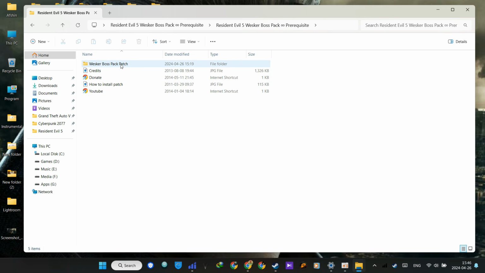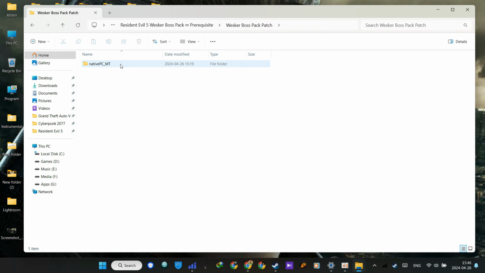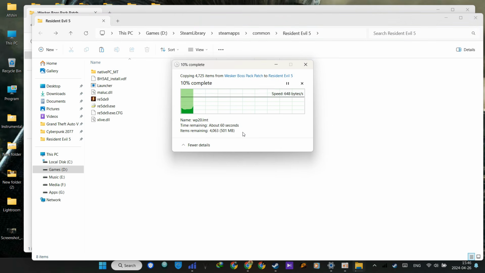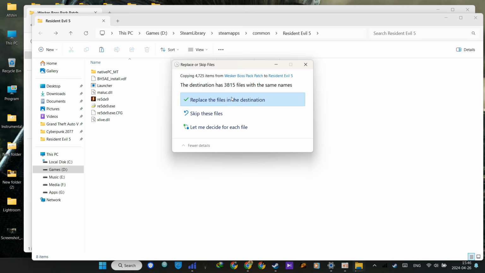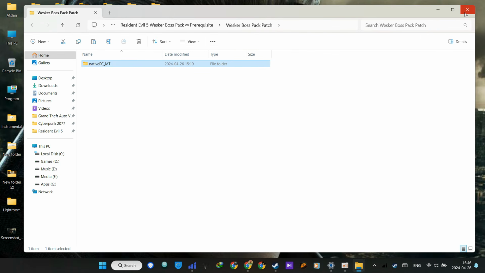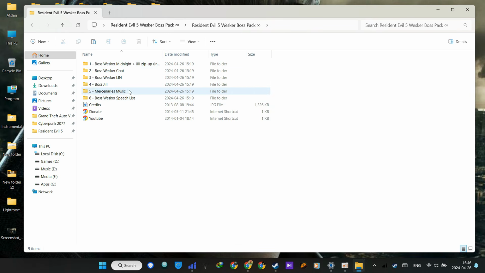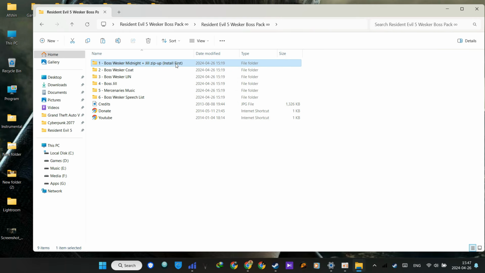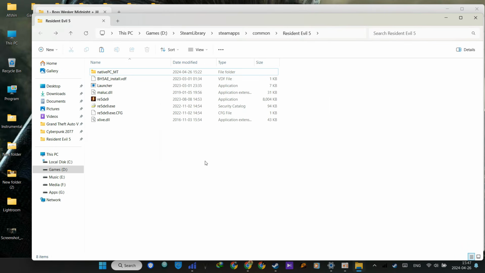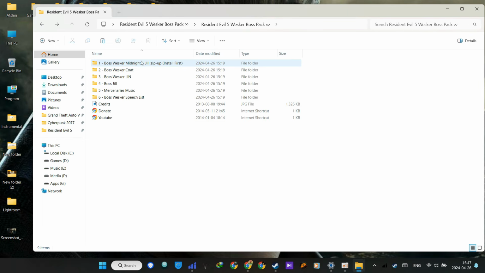So open up the files, Wesker Boss Pack patch, and you again copy the nativePC folder to your game files. Again, if you get this message, press replace. Okay, that's it. Now close this one, and now for the main mod. There are several folders in this pack. As you can see, it's mentioned here, you need to install this one first, and press the replace button. Okay, so now your